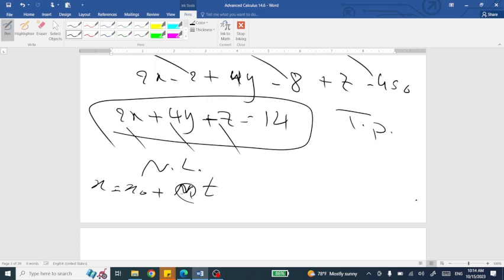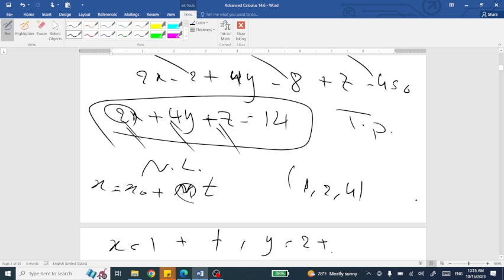Remember that we bring it from the plane's normal. So x is equal to x naught plus 2t. How about y? We say y is equal to 2 x naught, multiply 4t, and z